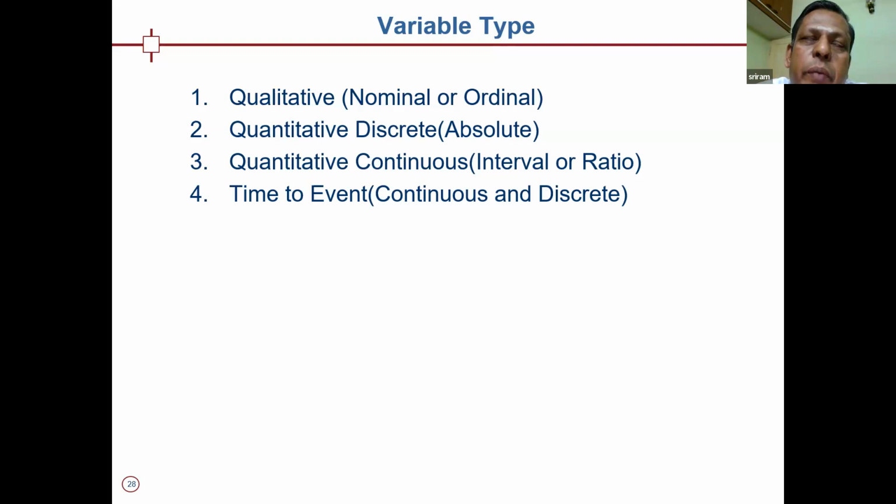The event has to be defined by the domain expert, not the statistician. The event may be the onset of disease, survival, or even non-survival, whatever. You have to define the event. Even sometimes marriage is an event, a simple example in general human life. So time to event is also one of the important variables in clinical research. In most survival analysis, time to event is a very important variable.